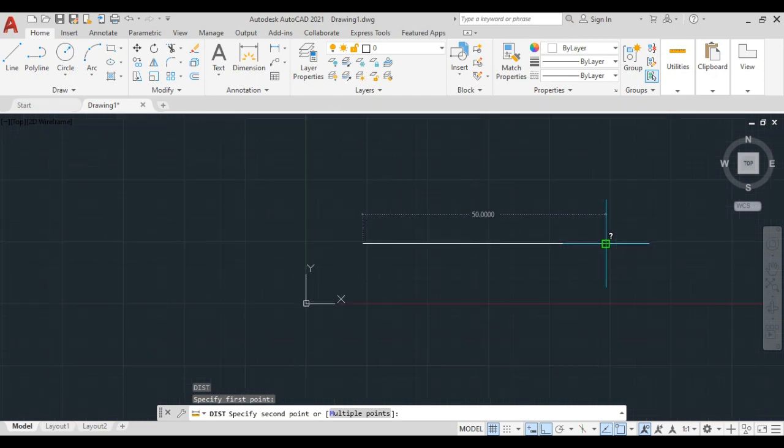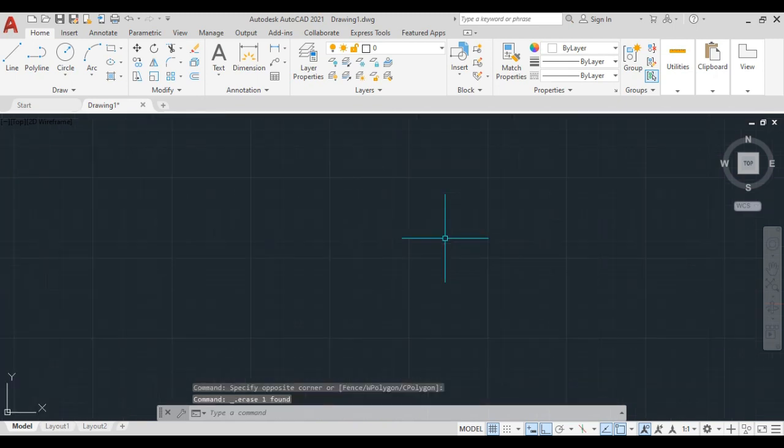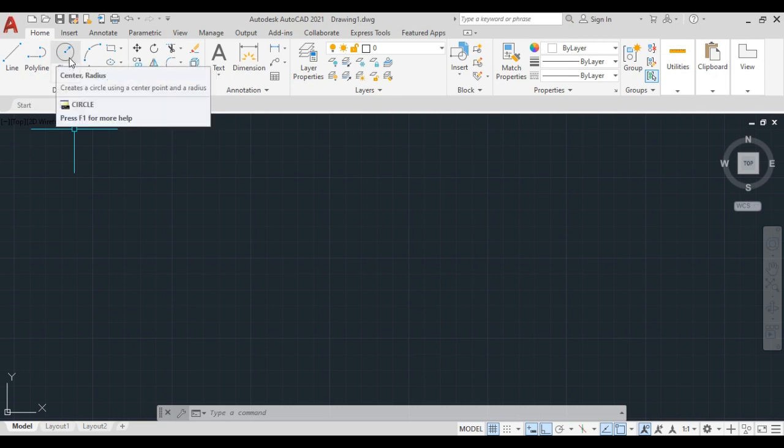All right, now what will we do? You can see the circle here. We're leaving the polyline right now because we will make you understand more and make it easy for you. So you can draw this circle from here.